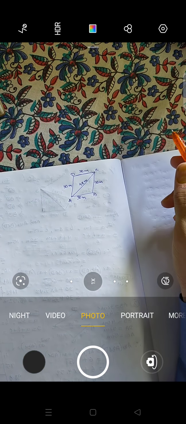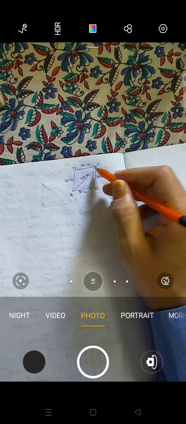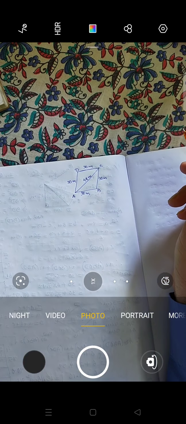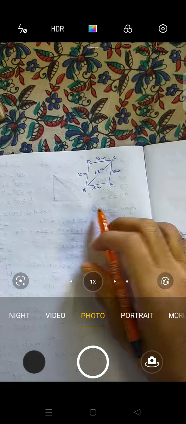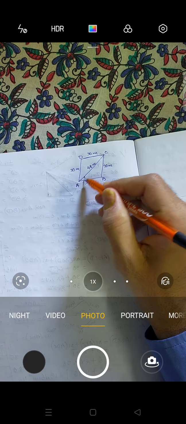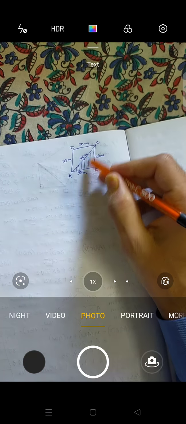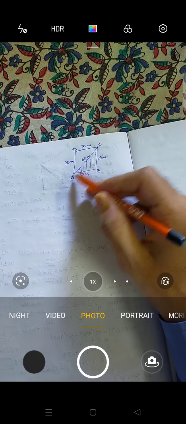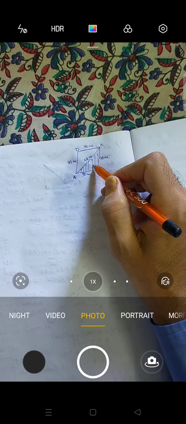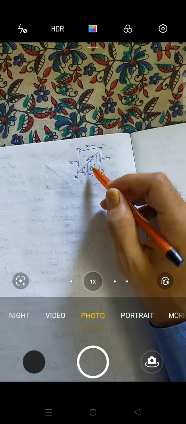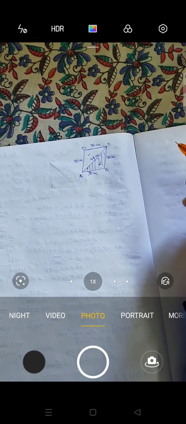You need to find how much area each cow will graze. So first of all you should know what is the area of the rhombus. First of all we will find the area of this. Remember that you should keep this in your mind: the diagonals of a rhombus divide the rhombus into two equal halves. That means this area and this area will be equal. So if we can find one area, we'll multiply it by 2, we will be getting the whole area. Fine?